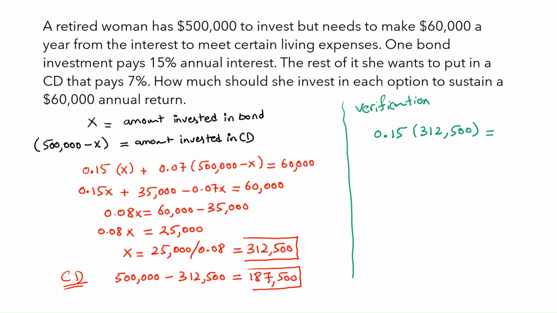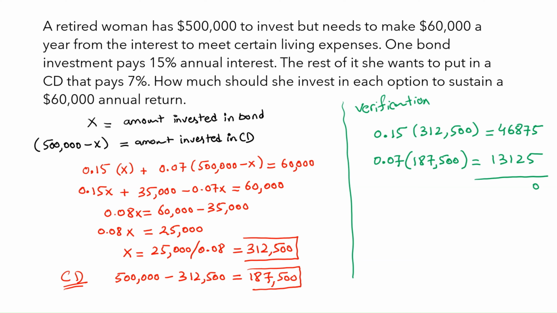That will be giving her, if we multiply these two terms, 46,875, and the remaining that she's getting 7% on 187,500. This is the amount she is putting in the CD. If we multiply these two terms, we are getting 13,125. And if you add both of them together, it will be